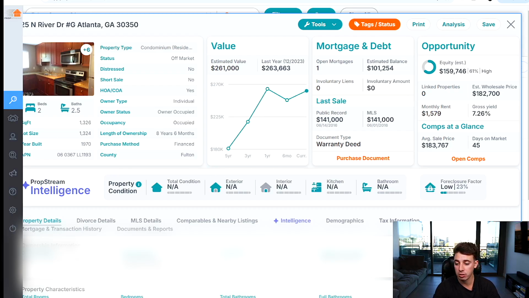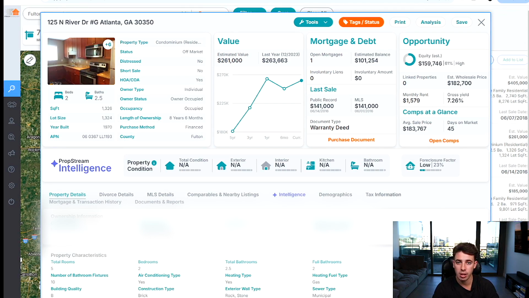So right here you can see I have the property pulled up, all right, so that way you can see the whole thing. Any property, you're going to be able to look up any property across the country. So if I'm talking to a motivated seller, I'm going to go ahead, plug their address into the search bar in Propstream and pull up their